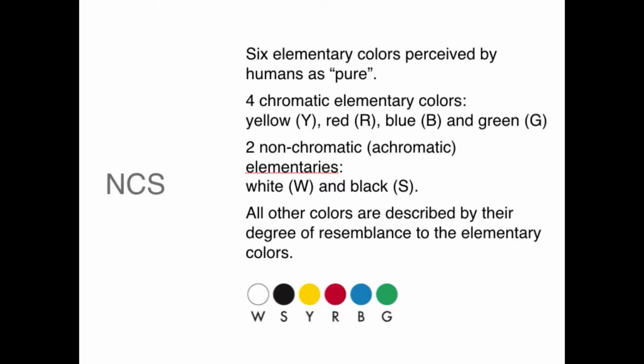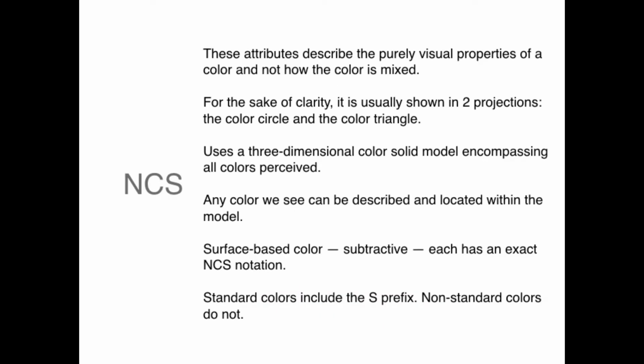Every other color is described by its degree of resemblance to these 6 elementary colors. It's important to note that this is not a color mixing issue, it's a color perception issue that the natural color system uses. To specifically identify particular colors, it uses both a color circle and a color triangle. So a color triangle is kind of a subsection of the color circle, and it's a more detailed section of